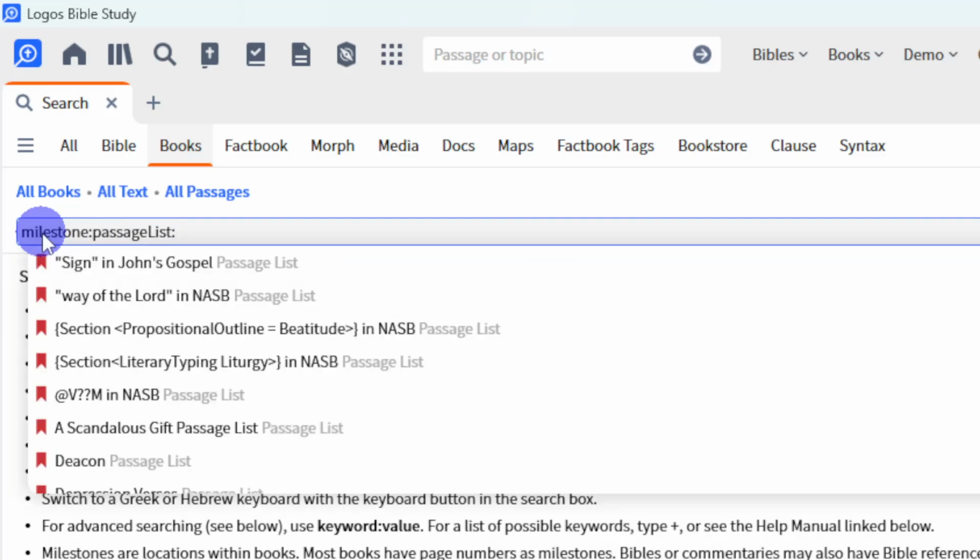So what this is saying, this is telling Logos with this milestone colon passage list, and you'll see that I've got passage complete small caps and then list in a large cap for the L, but no space in between. So milestone colon passage list colon, and then it brings up my passage list. What this is saying is that I want to use the verses in these passage lists to search through the milestones, meaning the chapter, the heading, the larger way that my resources are utilized, how they're written, how they're defined